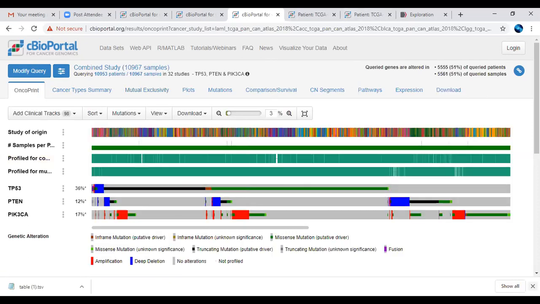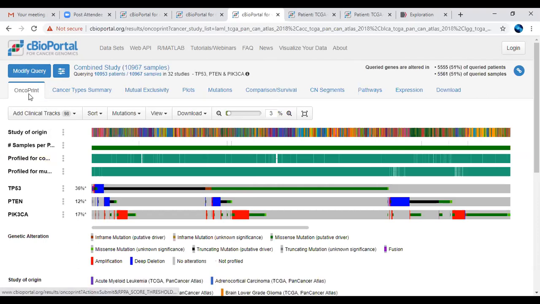Okay, the page has come. Here you can see the OncoPrint option. This OncoPrint is a tool they have used as a plugin for this cBioPortal. What type of information is this OncoPrint visualization toolkit providing us? You can see the information for these 3 genes, which is the query we have given to this search. Here you can also see the query with respect to patients and samples across these 32 different types of cancer, and how the genes have been queried with respect to patient and sample information.